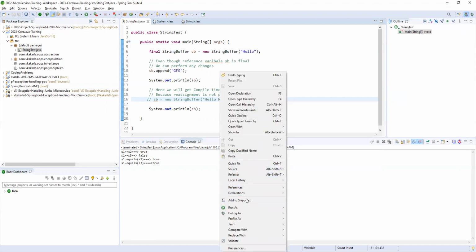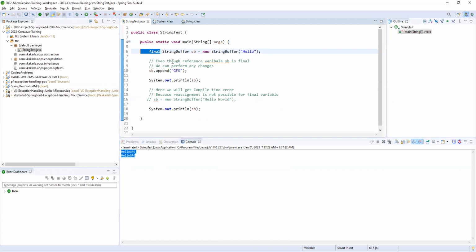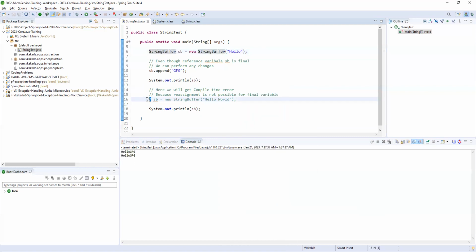See, even though you are defining this as final, it will not affect anything. Whatever you are appending will come in. If you remove this final also, we are getting the same. But if you are reassigning the final variable,